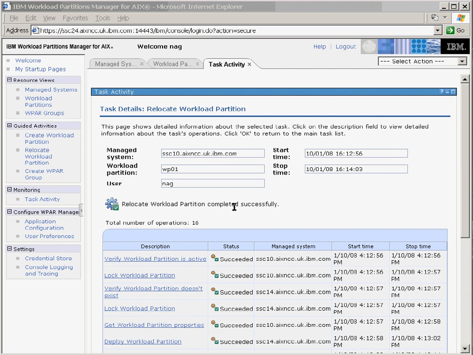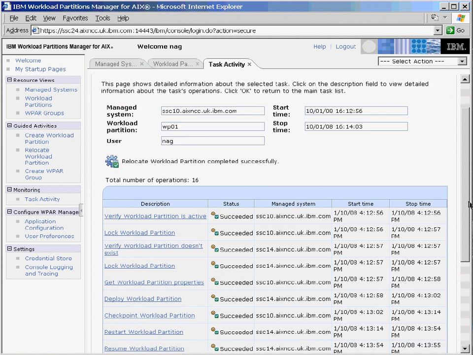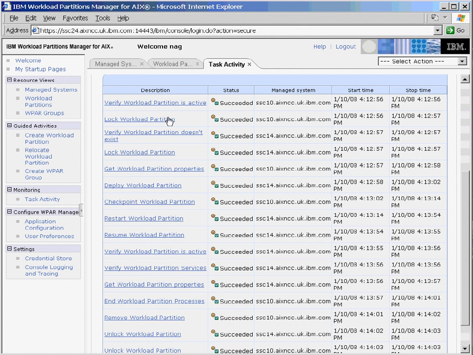Okay, then it's complete and successful. So let's have a look at the order in which things actually happened here. It verified that it was active because it wants to do a live application mobility. Then it's locked it so we don't change anything while it's moving it across. Then it verifies that it doesn't exist on the second machine, which is the 14. And then it locked that partition so that somebody can't go and create one before we actually move it there. Then we get the properties, and then it deploys the partition on 14,